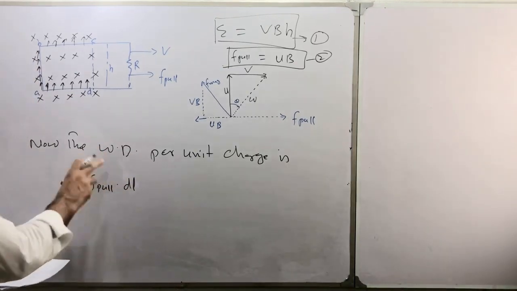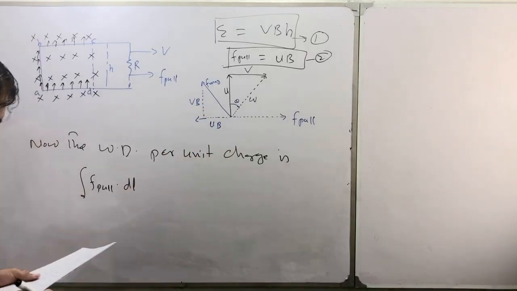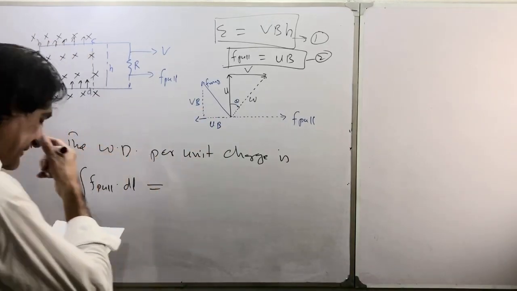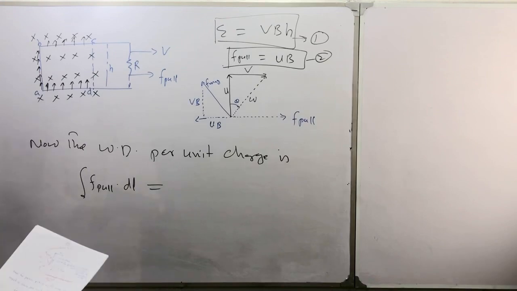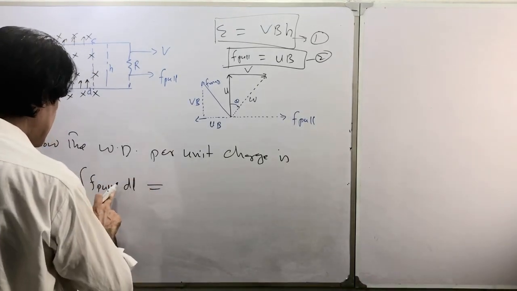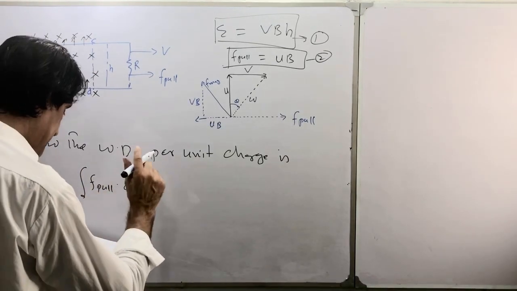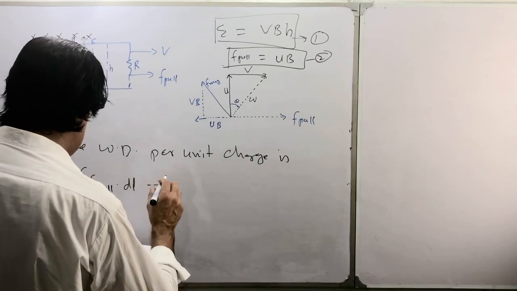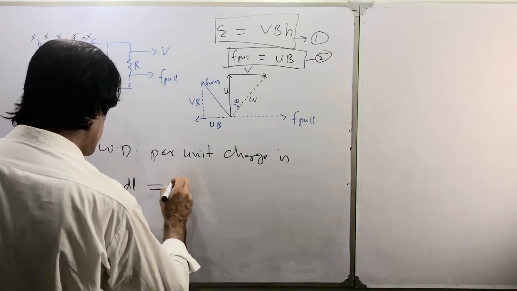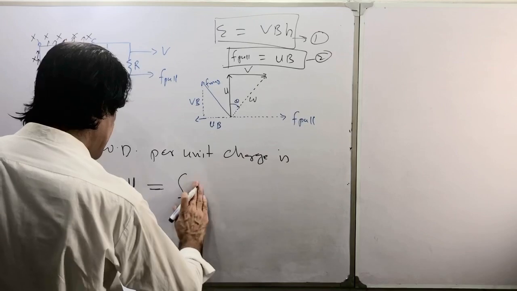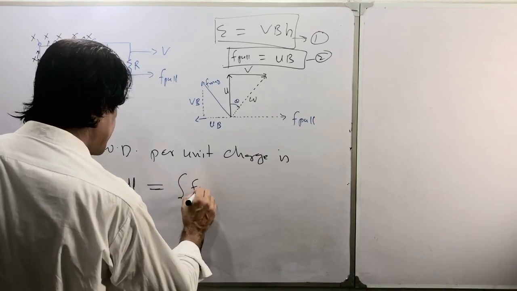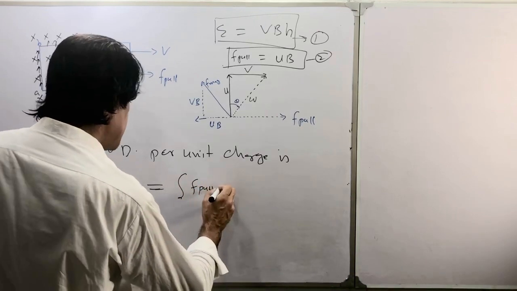This is actually the work done per unit charge, and because this is a dot product, we can write this as F pull DL